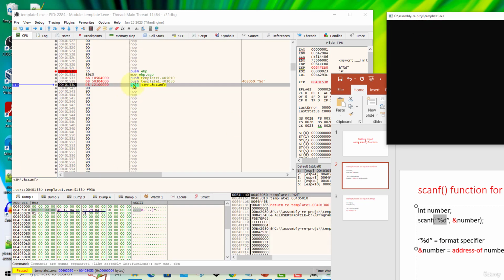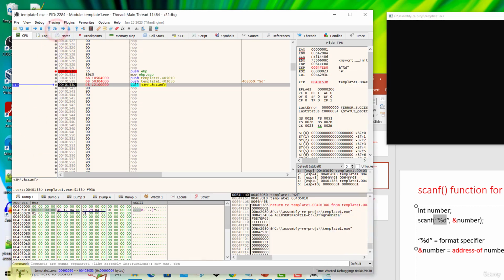So once we step over this, it will wait for us to type something. Right now it is in a pause state. So when we step over this, you will see that the pause state will become a running state. Step over this, and now it is in a running state. When it is in a running state, it means that the program is waiting for us to do something.